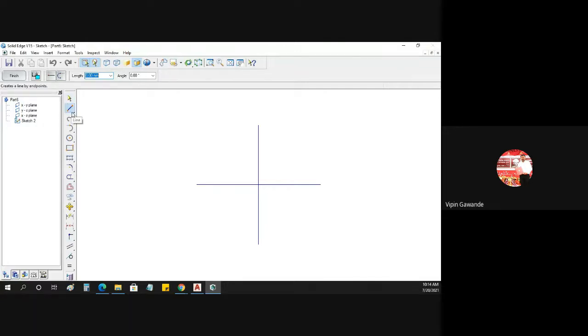Here we have line, then this is curve, then the tangent curve, circles, rectangles, then we have the pattern, fillets, then trim, then offset. Whatever you require for drawing any object or any sketch, you find here. Its name is here: sketch. So we are drawing a sketch now.